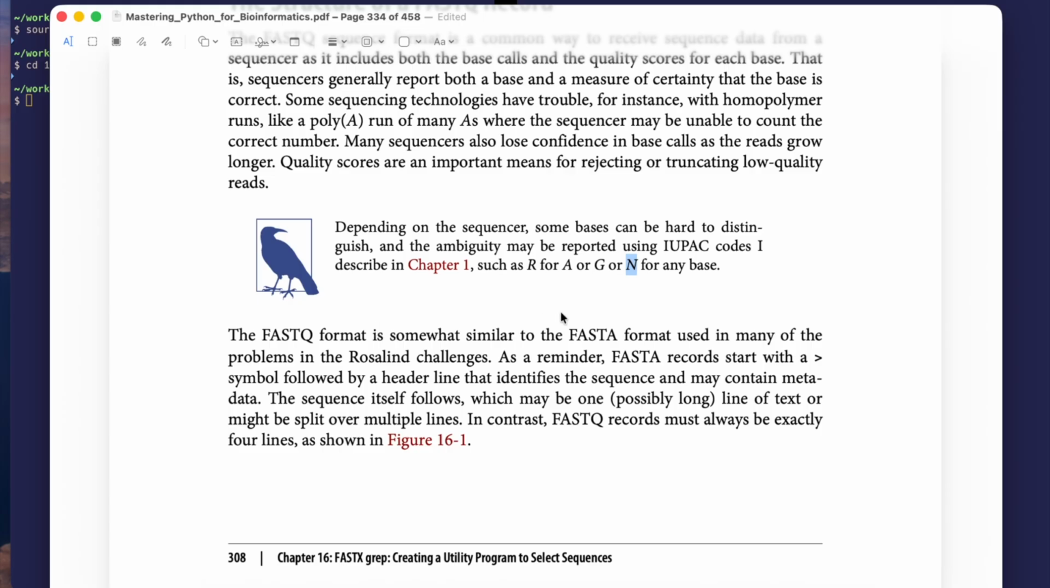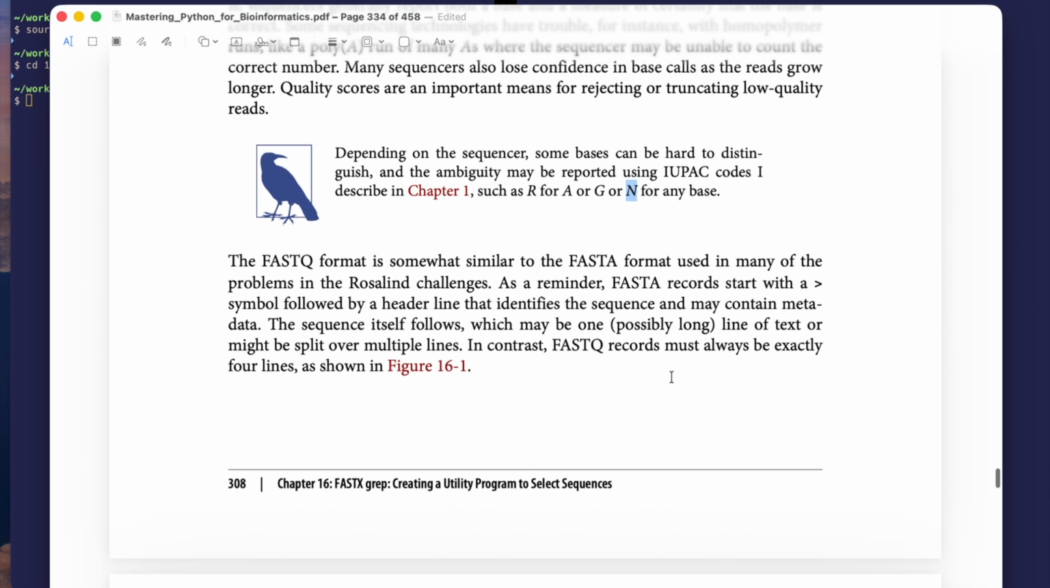So FASTQ is similar to FASTA. They're not from the same people. Bill Pearson created the FASTA format for the programs FASTP and FASTA. FASTQ is kind of piggybacking on an already popular format and giving people something somewhat familiar. FASTA records start with a greater than sign, and FASTQ records are going to start with that @ sign